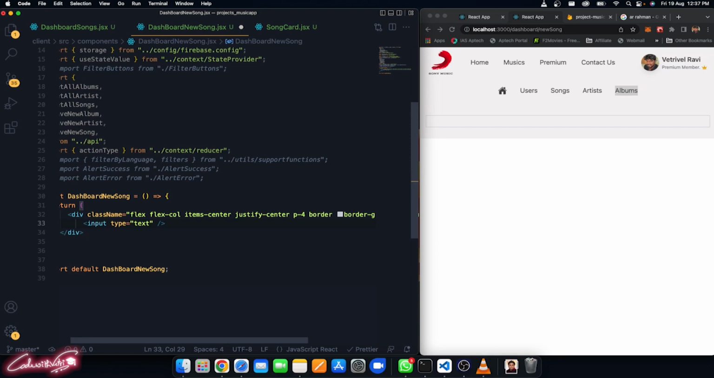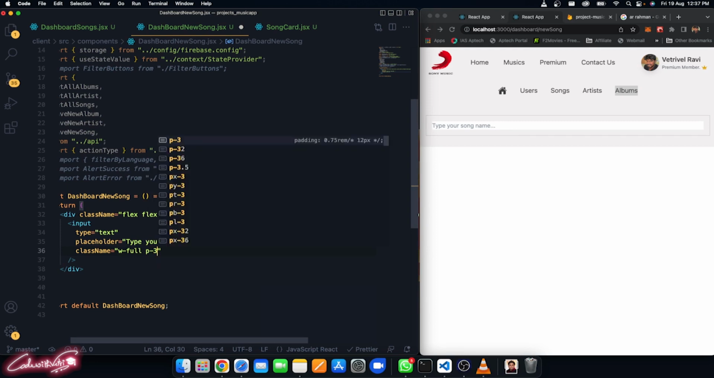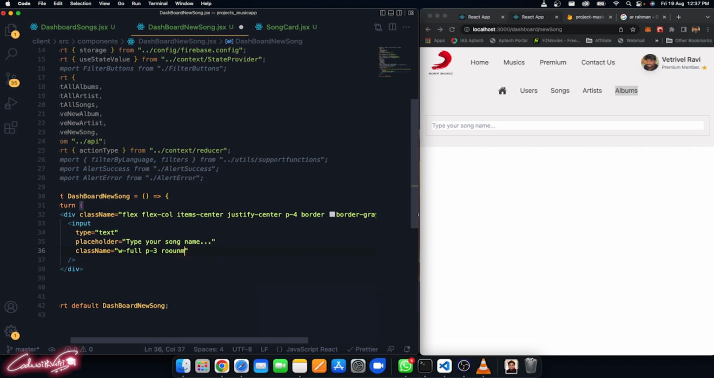Input type is going to be text, and of course the placeholder is going to be "type your song name". And of course we need to design a class name. So width is going to be full. Save the changes, and you can see that input box over there. Then I'm going to say padding 3. You have to use padding 3 on all the corners. Then rounded-md,